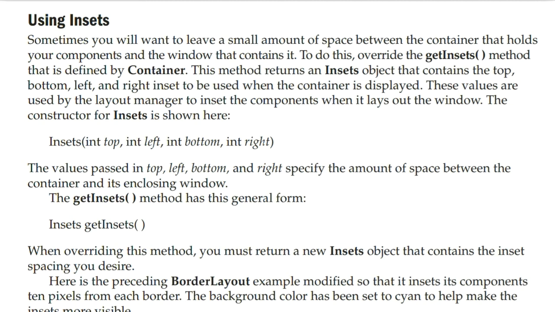These values are used by the layout manager to inset the components when it lays out the window. The constructor for Insets is shown here: Insets(int top, int left, int bottom, int right). The values passed in top, left, bottom and right specify the amount of space between the container and its enclosing window. The getInsets method has this general form: Insets getInsets().